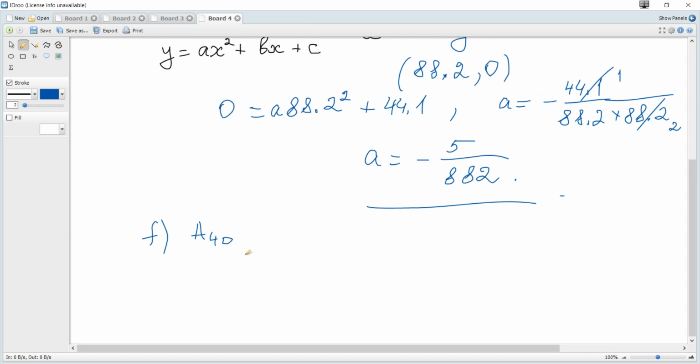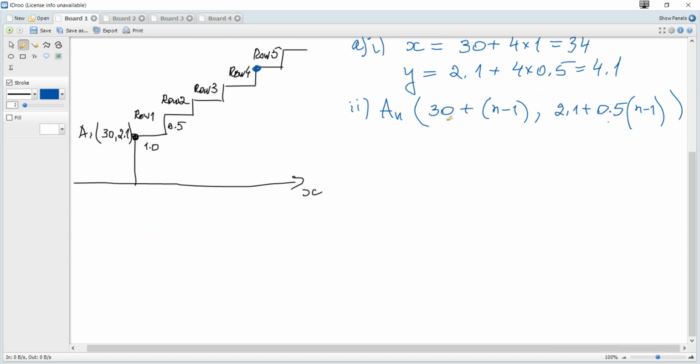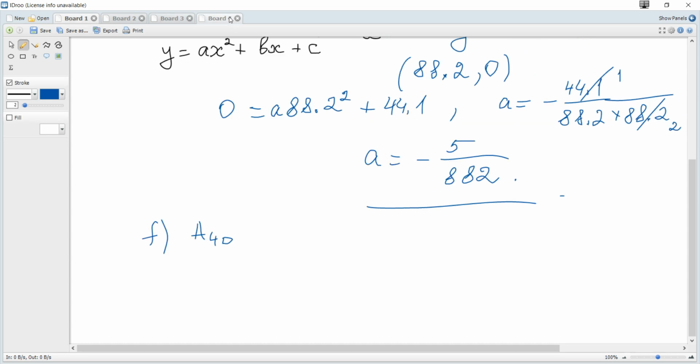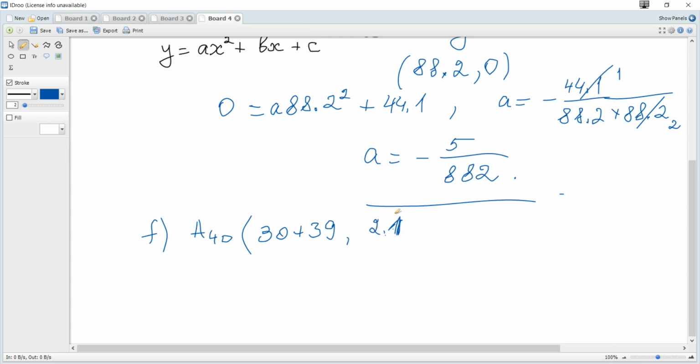So from our formula for A N, you can see that when A is 40, we get that coordinates become 30 plus 39 and 2.1 plus 0.5 times 39, so A40 has coordinates 69 and 21.6,